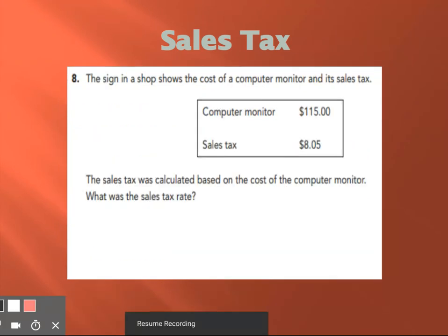All right, I'd like to do number 8 with you because I know this is a little bit of a difficult concept. So we have a computer monitor that costs $115 and the sales tax is $8.05. So what is the sales tax rate? So again, the cost of the computer monitor is 100%. So what we want to do is find out what $1 is. So $1 is going to equal